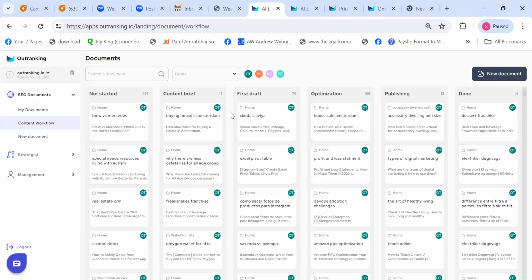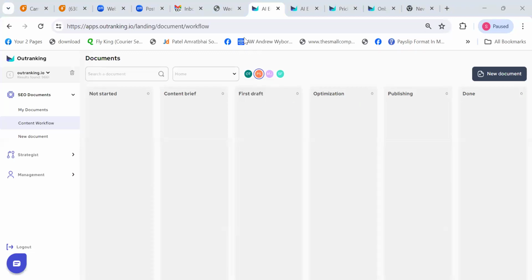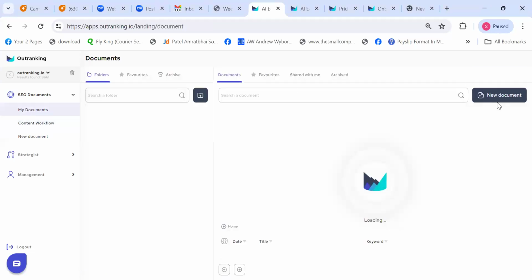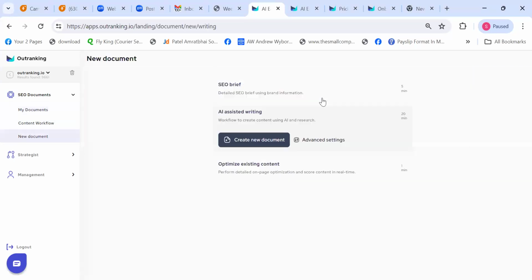You can see all of it here: who is under what status right now, which document is done, published, or under optimization status. You can check all of it and see which person is working on which particular topic and document. So let's quickly go to my documents, where I click on new document here.